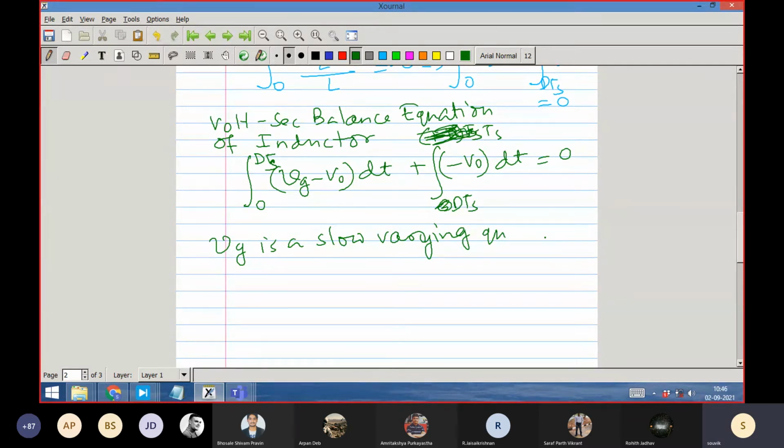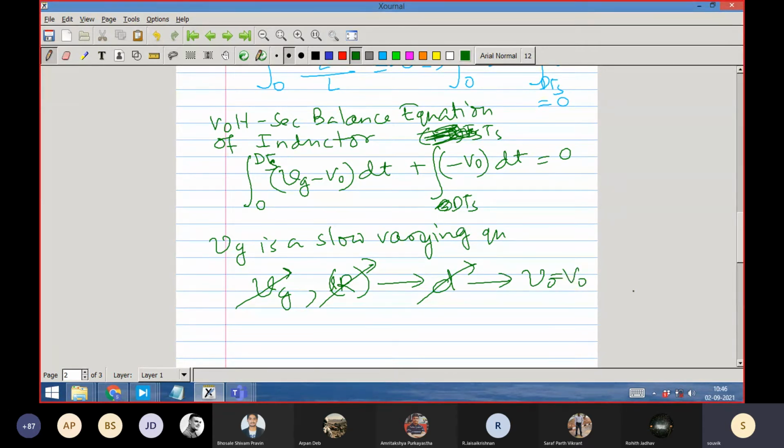If you observe, I have very rarely talked about the VG assumption. I also told initially that a power supply is to be designed to take care of any variation in the input voltage and load current, because these two are the variable quantities. Irrespective of those variations, we must get a constant voltage at the output by adjusting the duty ratio. VG as such is variable, and load current, in this case the load resistance R, is also variable, and against which you take control action by adjusting the duty ratio so that V0 remains constant. V0 is equal to capital V0.